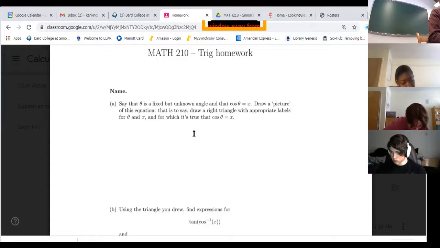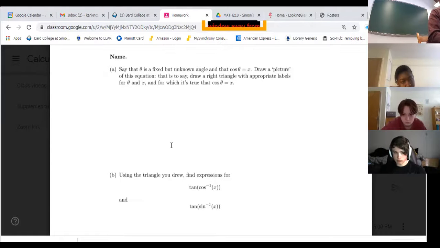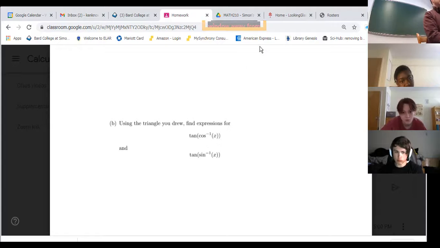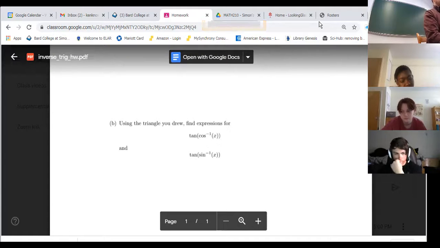So yeah, this trig homework: draw a picture of the setup, and then using the triangle you drew, can you find expressions for the tangent of the cosine inverse of x? So for the tangent of that angle theta, for the tangent of that sine inverse of x. This is something you may or may not be familiar with, but we will use it later on in the course to do the